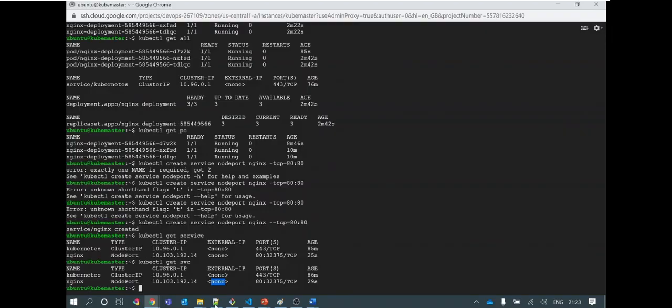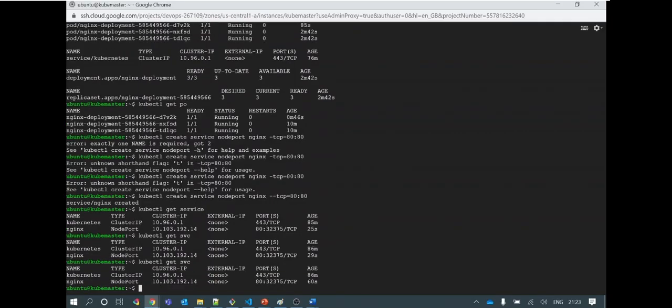Okay, so this is the configuration of node port service. Fine. So let me check one more thing. Here you can see in ports, your port 80 of application can be accessible using nodes port. And what is the nodes port? 32375. This is the port of your host VM. This virtual machine port is getting mapped to the port 80 of the pod. Okay, so let's try to access this service.